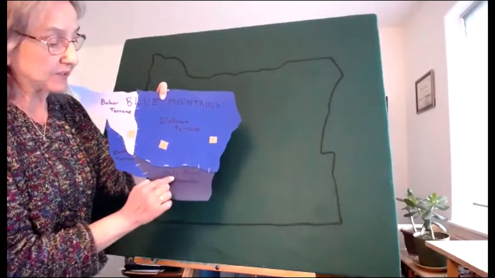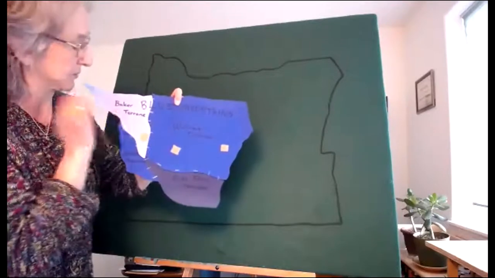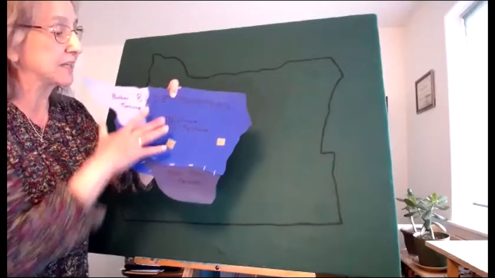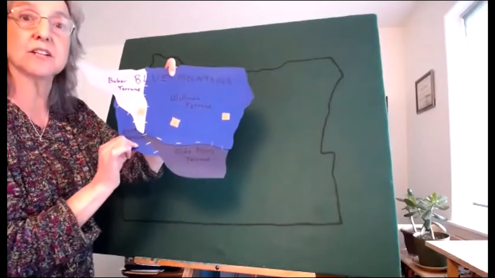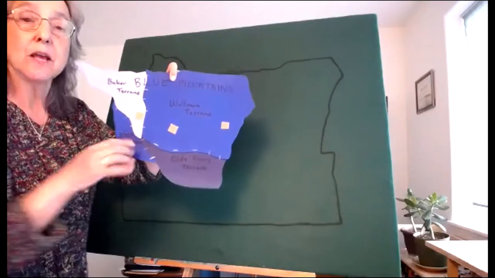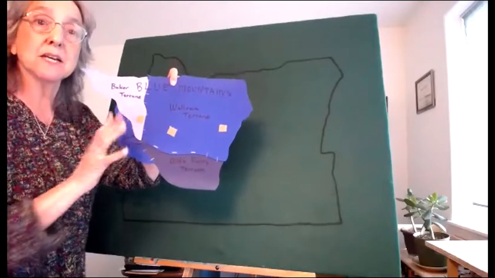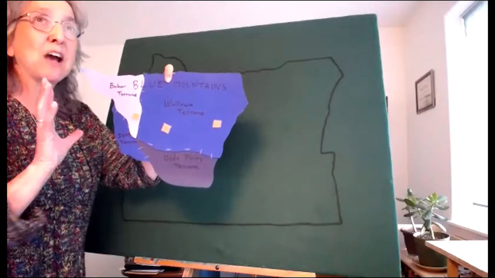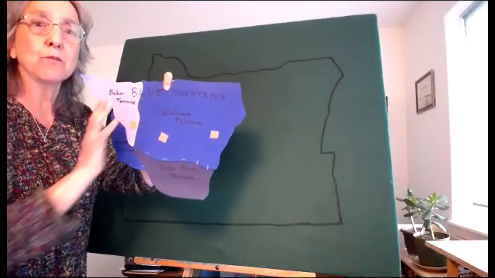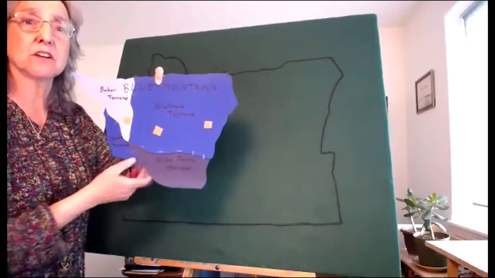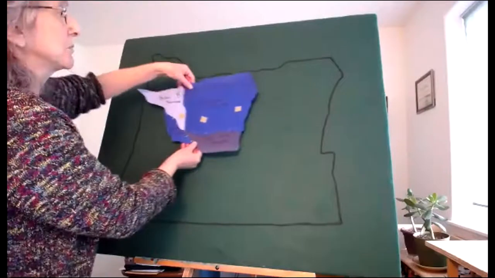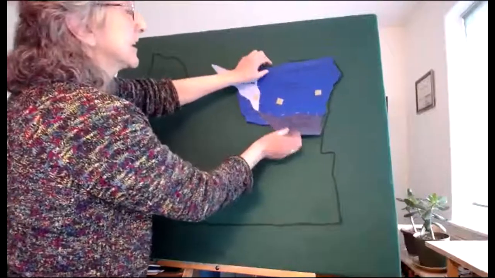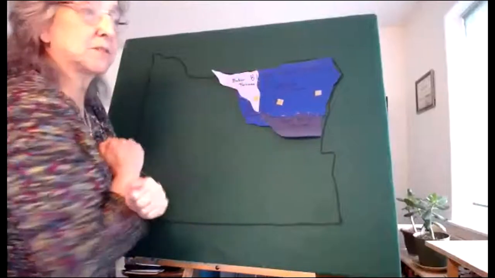In other words, we've got the Olds Ferry, the Wallowa terrane, the Baker terrane, and the Izee, four of them. And you can see that they're all kind of stitched together here because they amalgamated. In other words, they accreted to each other before they actually accreted onto the continent. So we'll move them over to the Idaho border where they rest today. And that's the Blue Mountains.